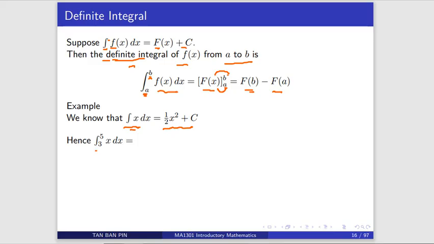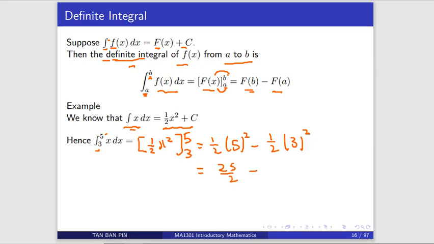And if you have a lower limit 3 and upper limit 5, to work out the definite integral of x from 3 to 5, you just use your answer, which is half x squared, right? Integrating x gives you half x squared, and then you write 3 below and 5 on top. To work out the answer, you sub x as 5, so 5 squared, and after that subtract the value when you sub x as 3, and take the square because it's x squared. So it will be 25 over 2 minus 9 over 2, so it's 16 over 2. So the answer is just 8.